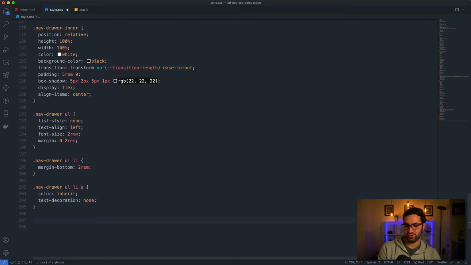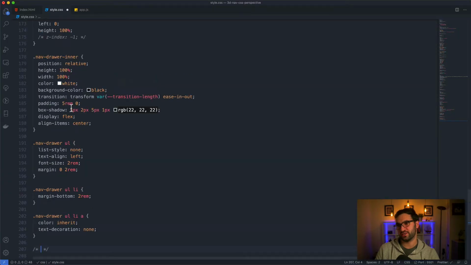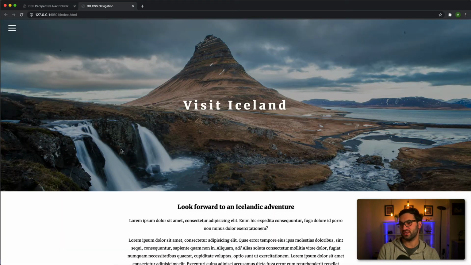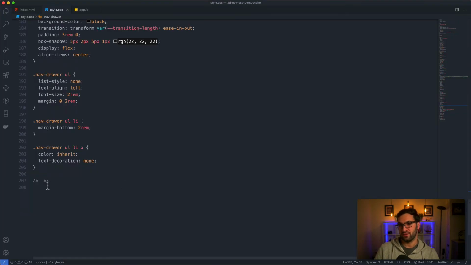Now, right now, with exclusion of this z index -1 that we've commented out, so let me comment that back in. This is what it looks like when it's closed, right? This is the state that we want to be in when the navigation menu is closed. Now, we're going to create our open state. And so the way we're going to do this is we're going to append a class of is-open to the body. And whenever that class is on the body, we're going to style those elements slightly differently. And then the CSS transition will take care of the actual animation. And we're going to apply this is-open class with the help of JavaScript, which we'll get into in a little bit. But for now, let's just put in,